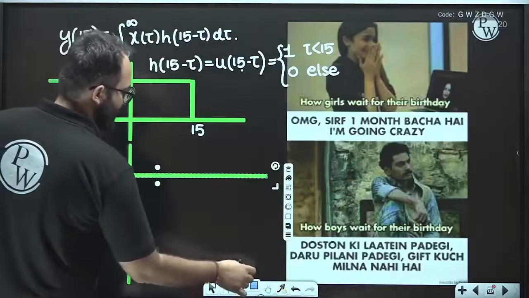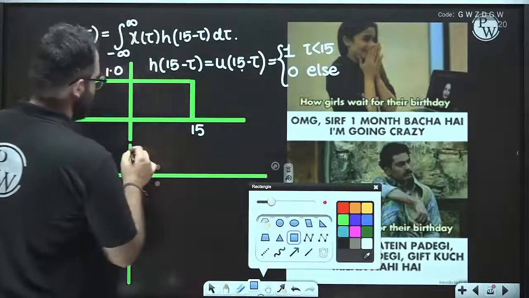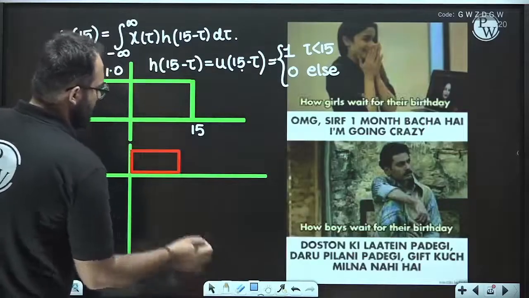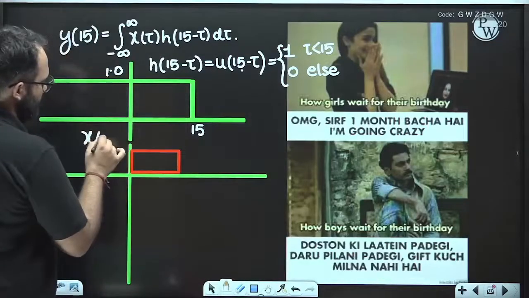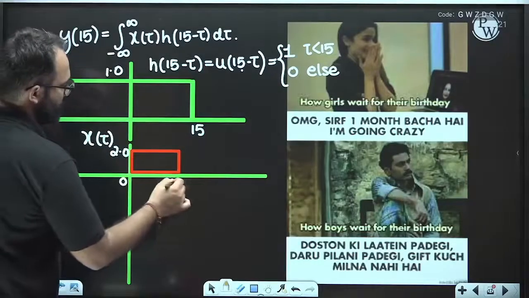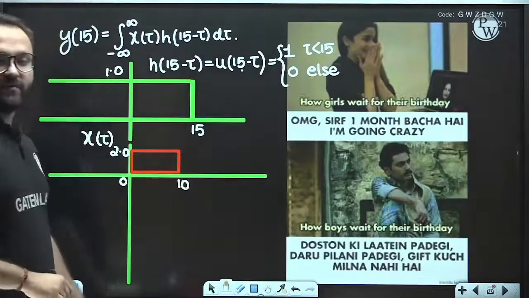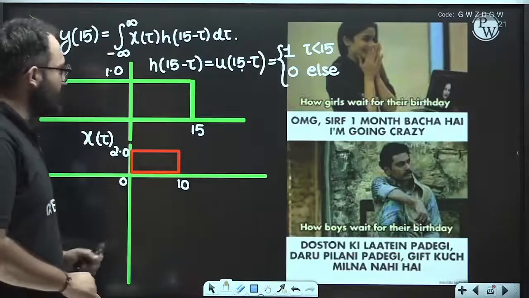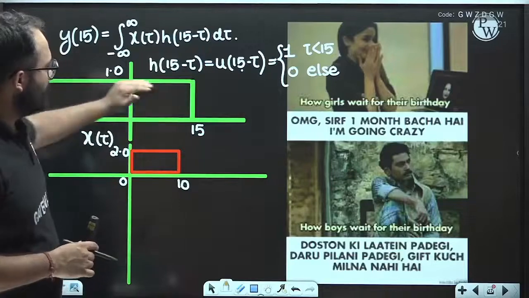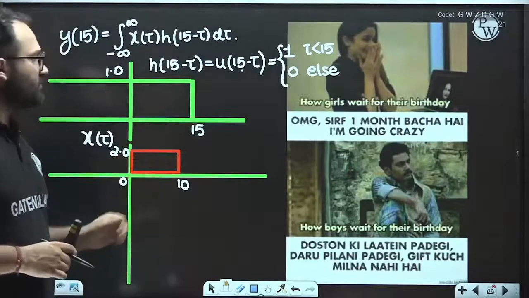x tau will remain the same, that is, x tau will be the rectangle of height 2.0, from 0 to 10. This is x tau. Now, when we multiply this rectangle with this u of 15 minus tau, this signal is